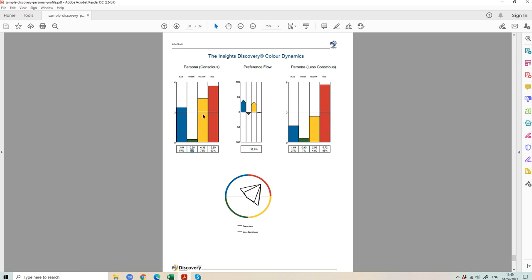Now this is kind of unique. We find maybe 1 or 2% of people have profiles like this, depending on when we do it. And it's unique because you're opposite. So let's say, for example, the red was below the line, you didn't really have a preference for the red or the green, but you had a strong preference for blue and yellow. That's a little bit unusual because blue and yellow are polar opposites, and often we find that personalities tend to